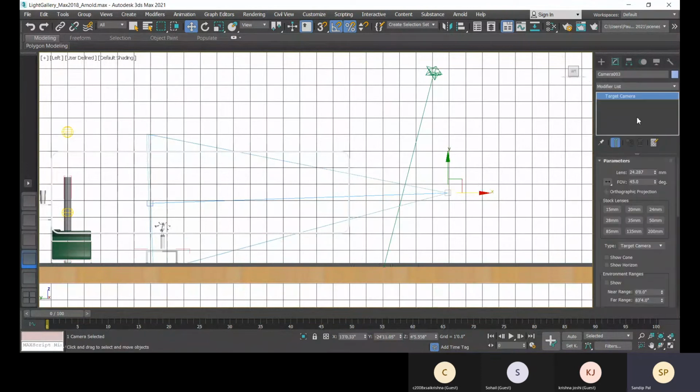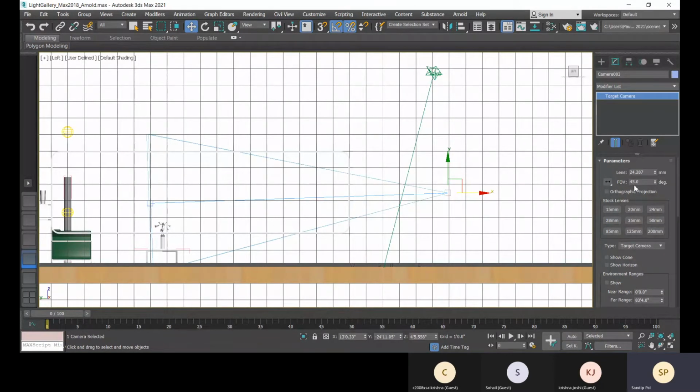All right, next go to these parameters. Let's see what is called lens. Lens is the focal length, and FOV, that is field of view, means how much the view area will be.